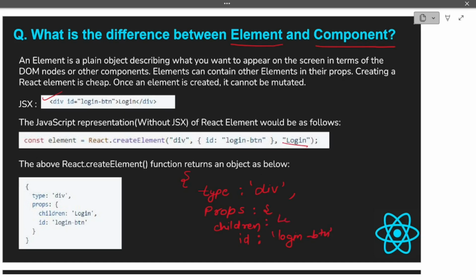This is how your browser understands it. Your React.createElement function returns an object in this way. So an element is a plain object at the end of the day, describing what you want to appear on the screen, in your browser, in terms of DOM nodes or other components.